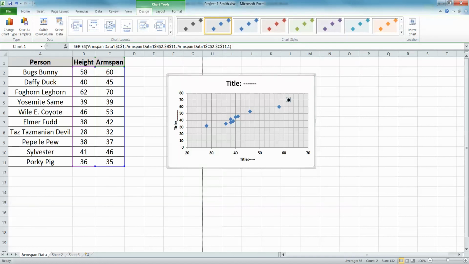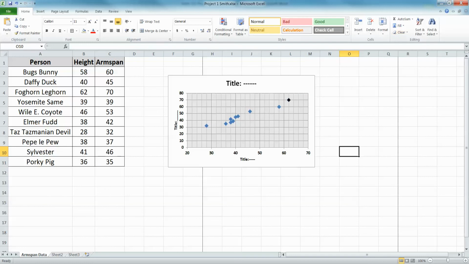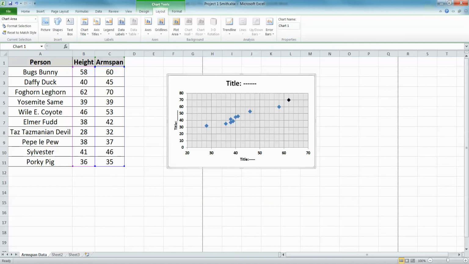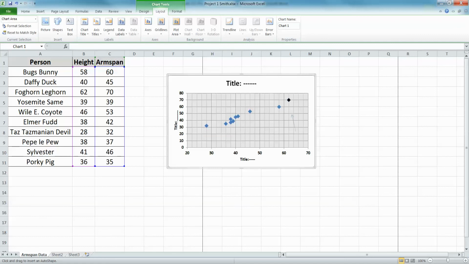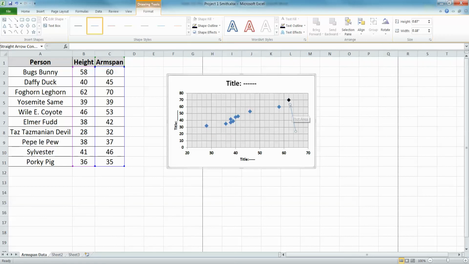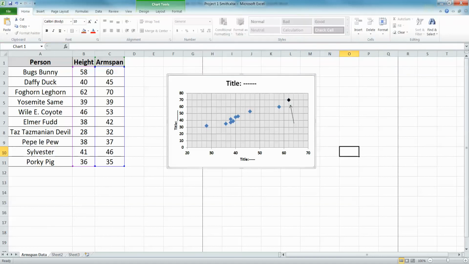There we go. Now, if you want to also add in the extra bonus of showing that that's you, hold on. Let's see if I can get this to work. You click on Layout, Shapes, and I could pick an arrow and kind of draw it up in there. Now it's blue, so I'm going to double click on that and change it to black in the shape outline thing here. And then I'm going to label it with, let's see,